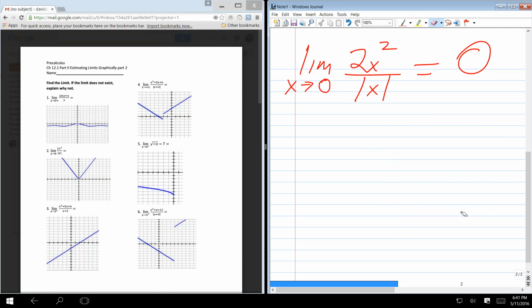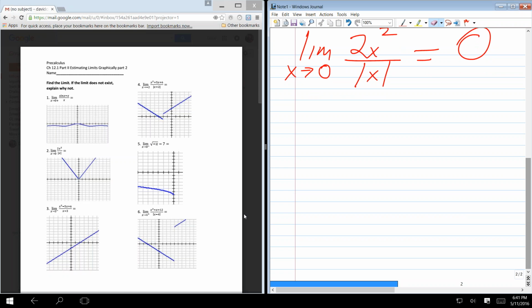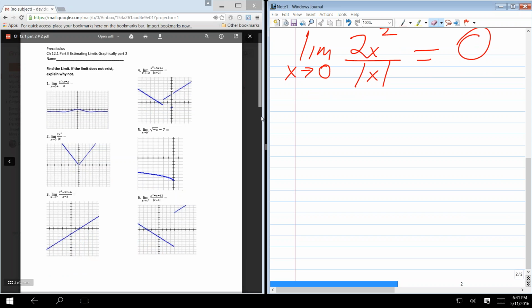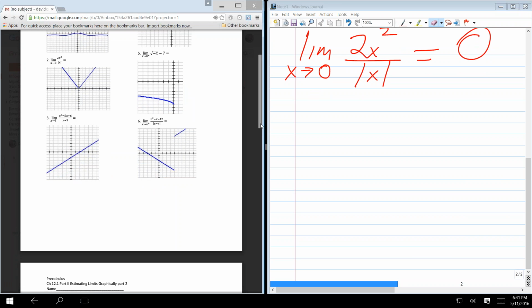Hold on one minute. Okay. I guess we don't really need to do these algebraically. Let's just go through the graphs. Boy, I kind of hate that, but well,